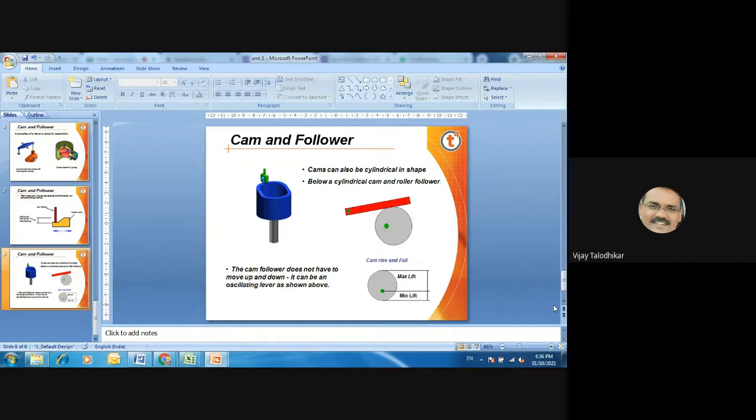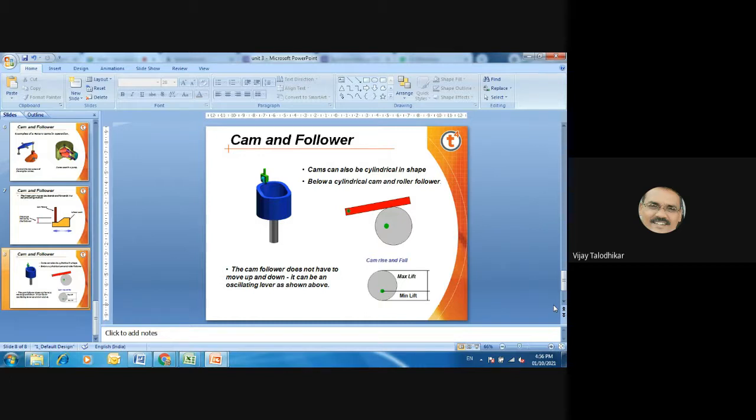First one is the fixed link, second one is the cam itself, third one is the reciprocating follower, and the fourth one is the guideways. How many links are provided? Either three or four. First is the cam, second is the follower, third is the guideways or a fixed link where the cam is attached. Means only three links are possible in the cam follower mechanism unless we use a roller follower.